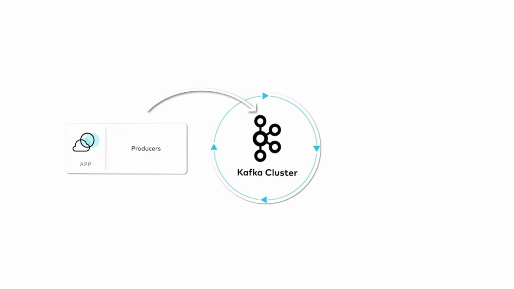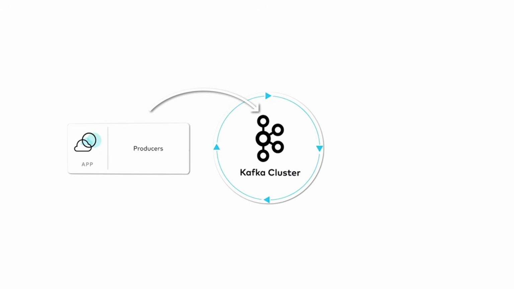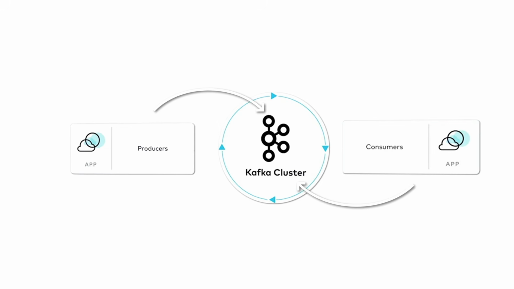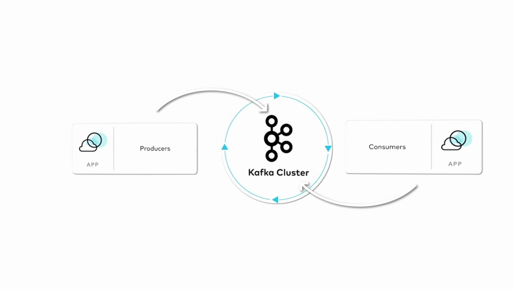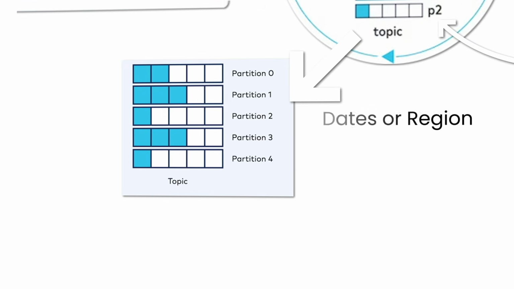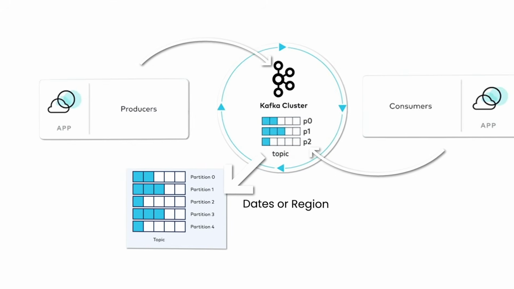So in one case, we can publish the data to that particular topic, and on the other hand, if someone is interested in getting the data about the returns of the product, they can subscribe to that particular topic and they get the data about it. Now on top of that, you can also create different partitions inside the different topics. So let's say if you want to partition by different dates or region, you can also do that in Kafka. So if someone is only interested in a particular region, they can just get that partition of the data and process this data as per the requirement.